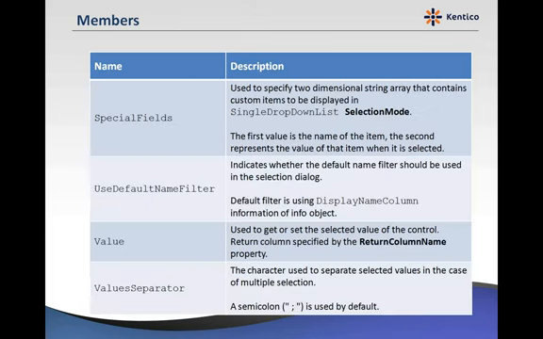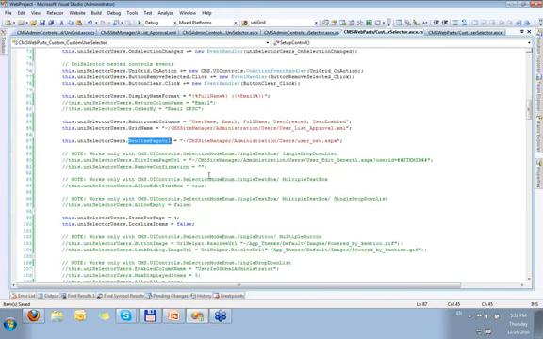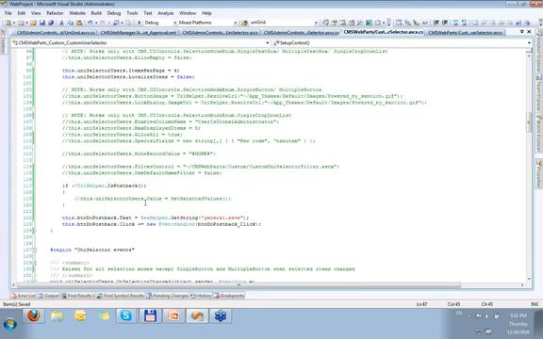The special fields property is used by the single drop-down list in case you want to display your custom item in the single drop-down list selection mode. You can use the special fields property. The special fields property is populated in the following way. You just need to pass a new two-dimensional string array where the first item is used as the item text